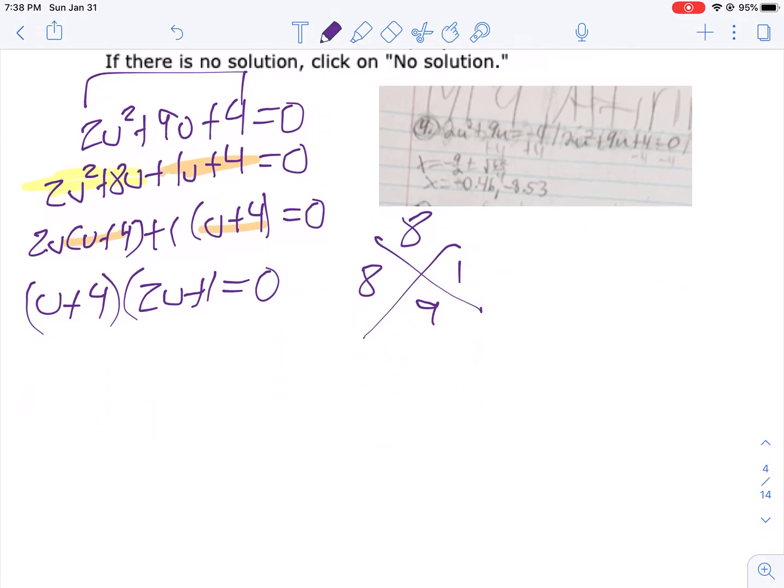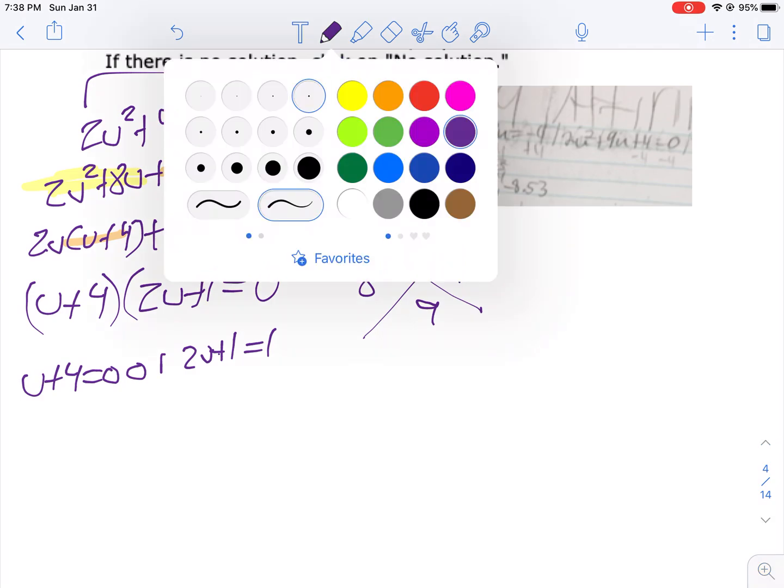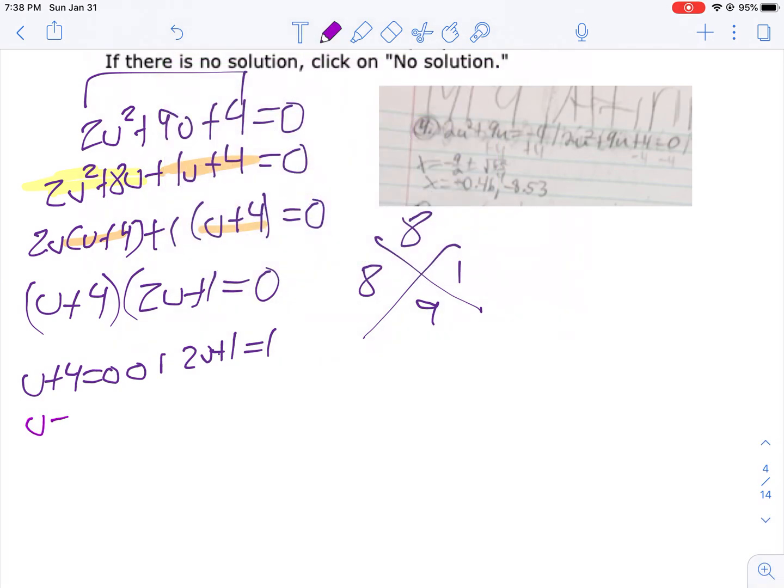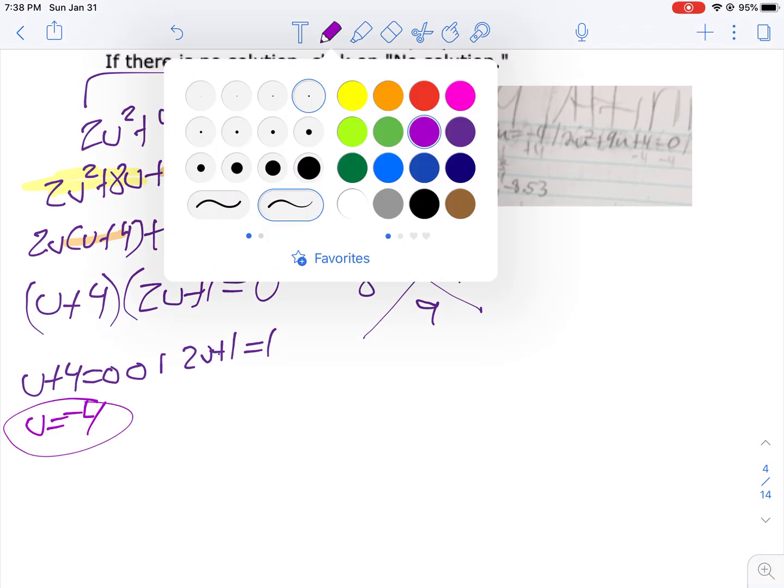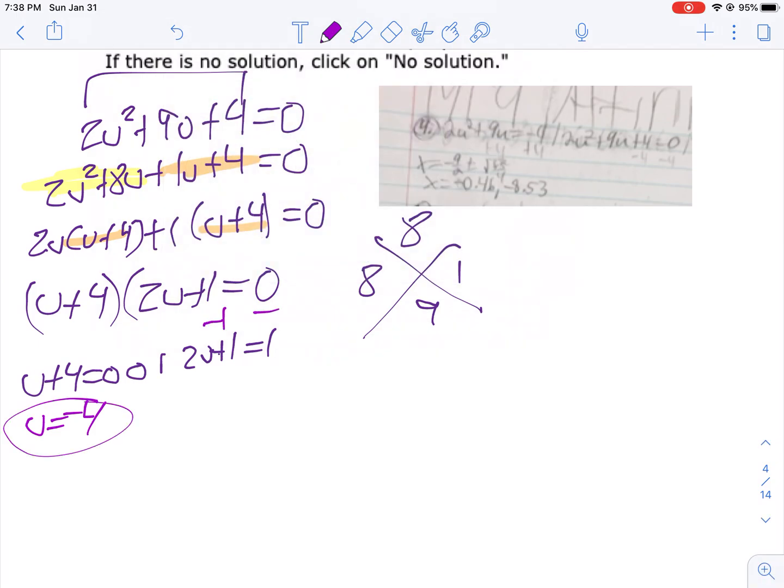So now we're going to say u plus 4 equals 0, or 2u plus 1 equals 0. In the first case, what do you have to add to 4 to get 0? Well, that would be negative 4. U equals negative 4. In the second case, subtract 1 from both sides,